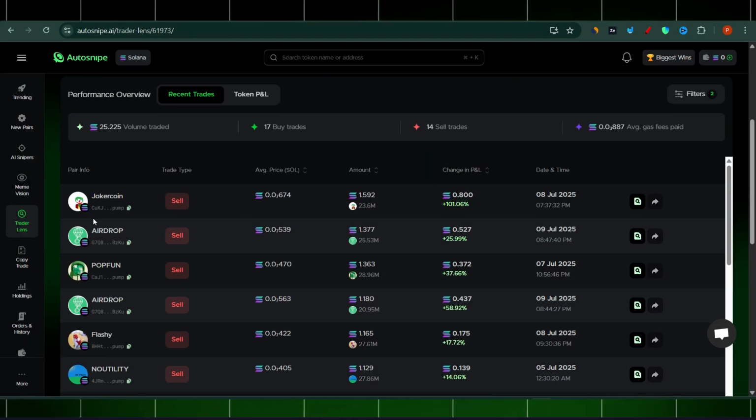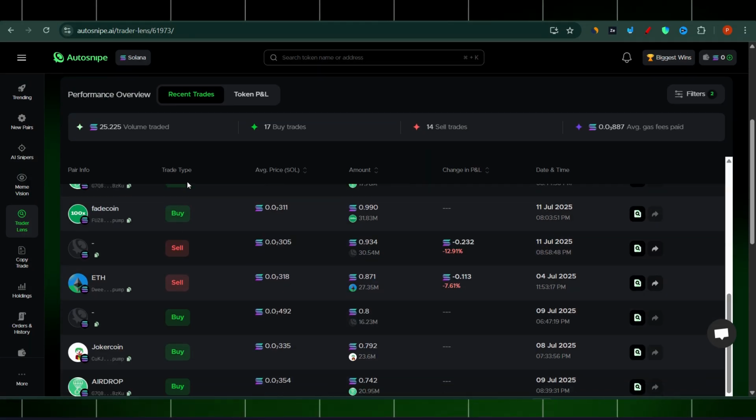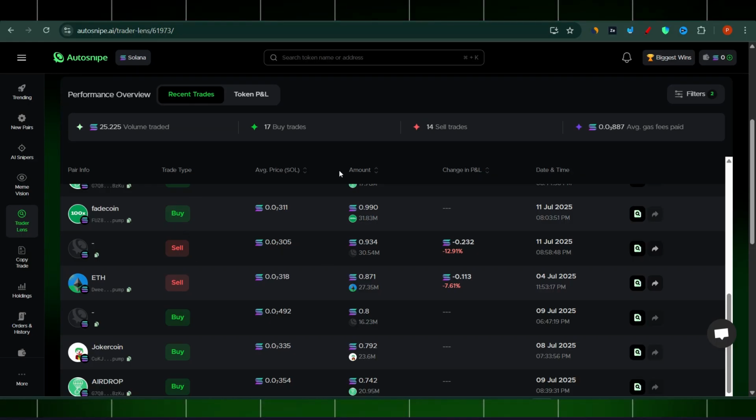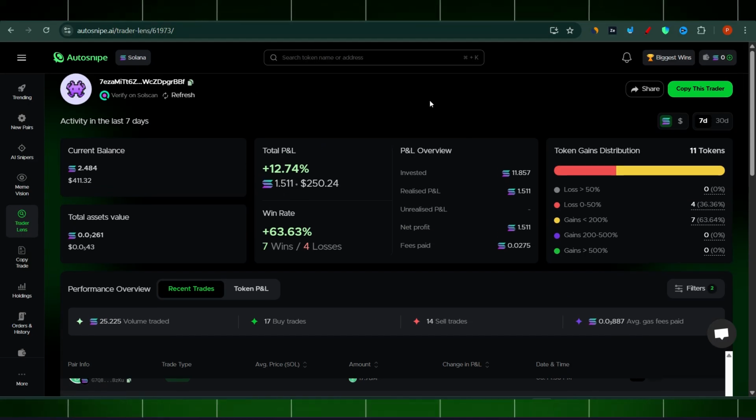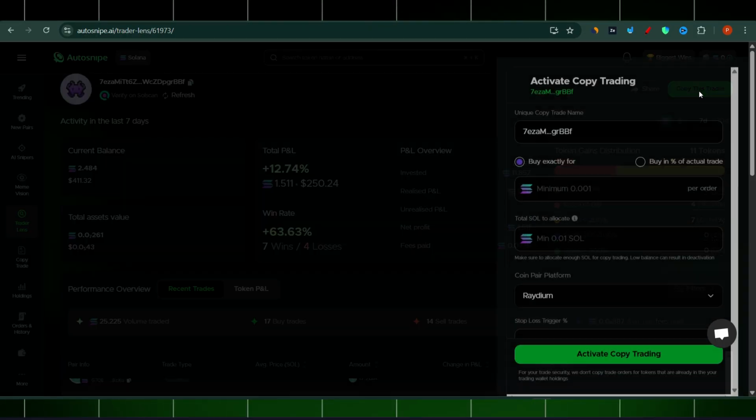Very easy, very handy, right? And those pairs are visible here, along with trade type, buys and sells. If you decide that this is quite a good, cool wallet, you can definitely go ahead and copy this trader. Once you click on it,